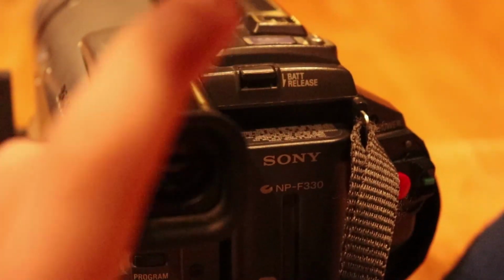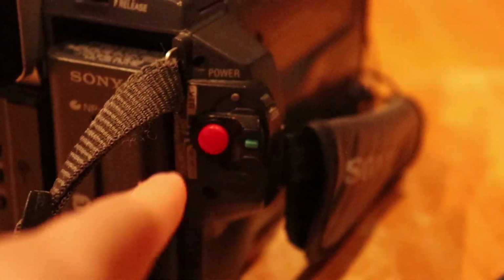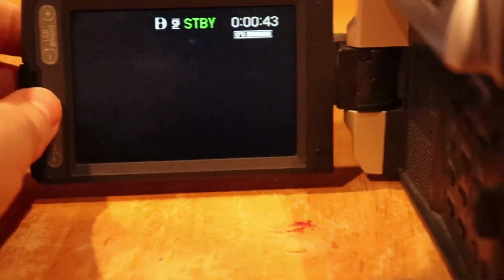And then over here, you've got the battery. You've got these programs. You've got a viewfinder. You can release the battery using this button. And you have the power switch over here. You can set it to VTR mode, which will show you your tape, or you can turn it on to camera mode, which will allow you to record video. You've got a volume control,